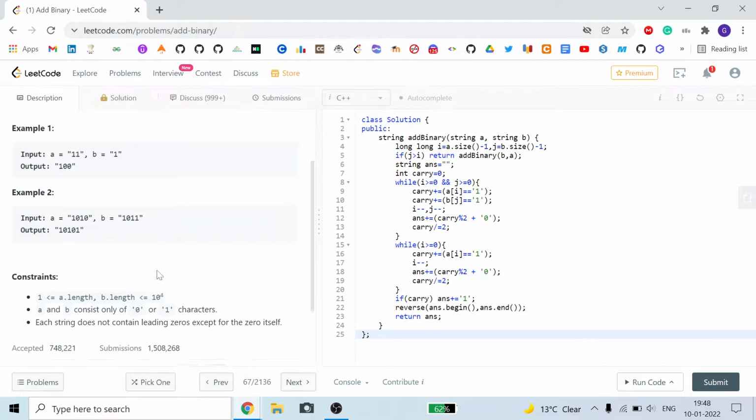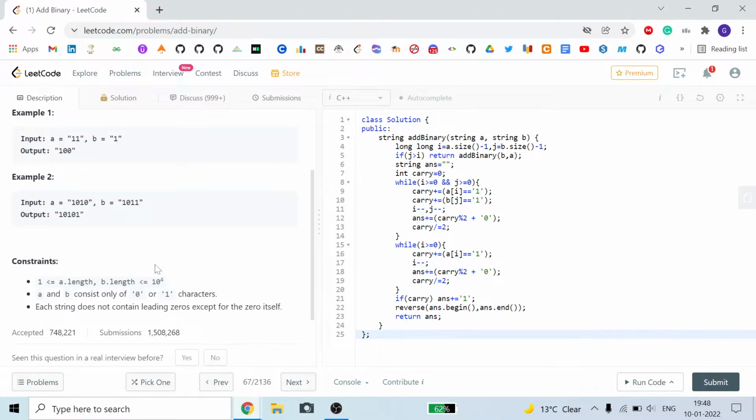And here we cannot do this problem by taking the value of a in an integer called ax, or you can name it anything. Like ax is equal to 10 for this case, and bx is equal to 11 for this case, and add ax and bx and then convert this to a binary string, because here the length of a and b is 10 raised to the power 4.